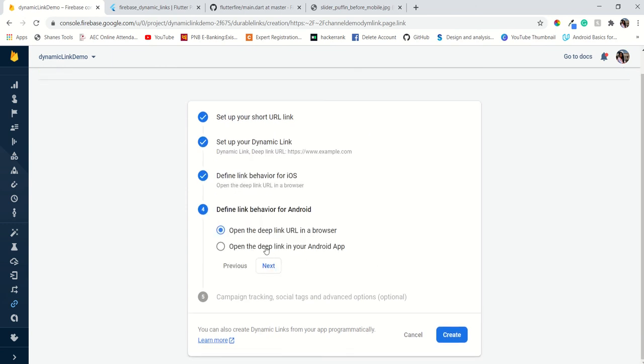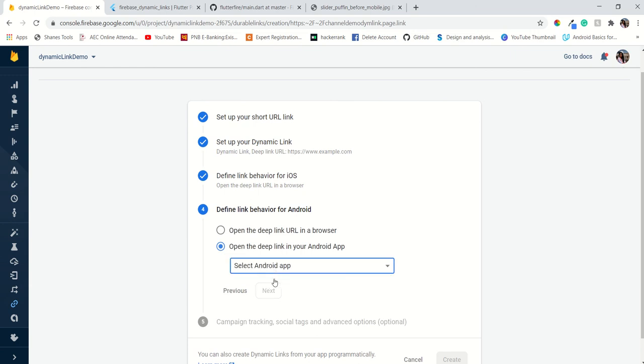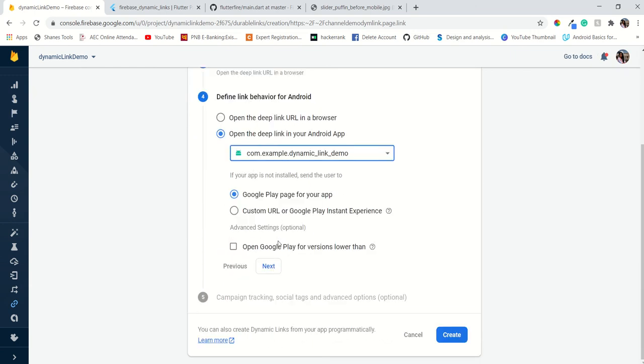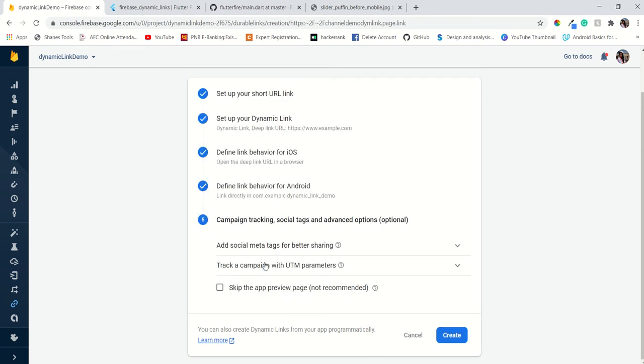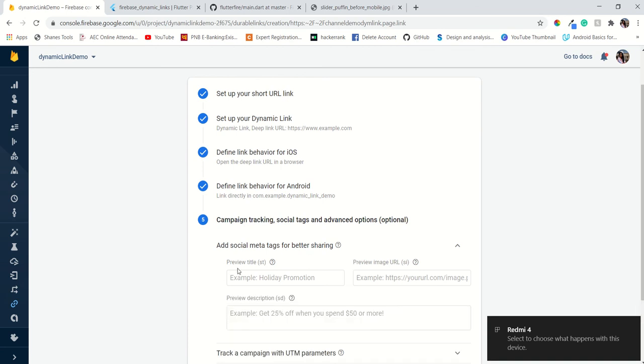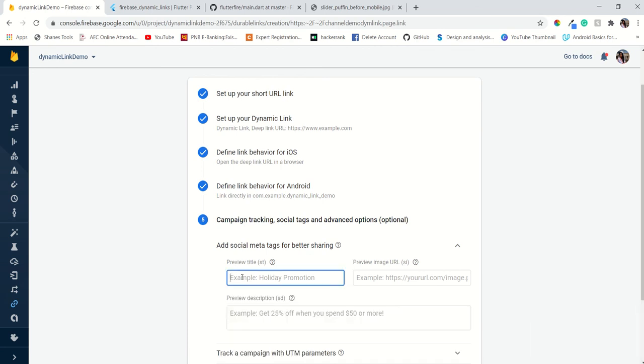And for Android, give the Android link. If no app is installed for your user, then it will go to the Play Store, right? Inside it there is the social meta tag we already discussed. So I fill up all these things manually. There we have to write the title.